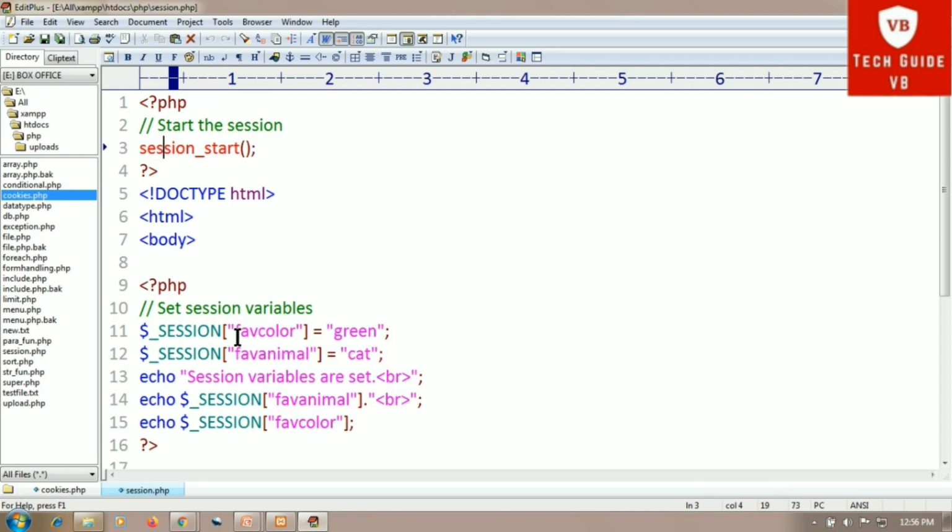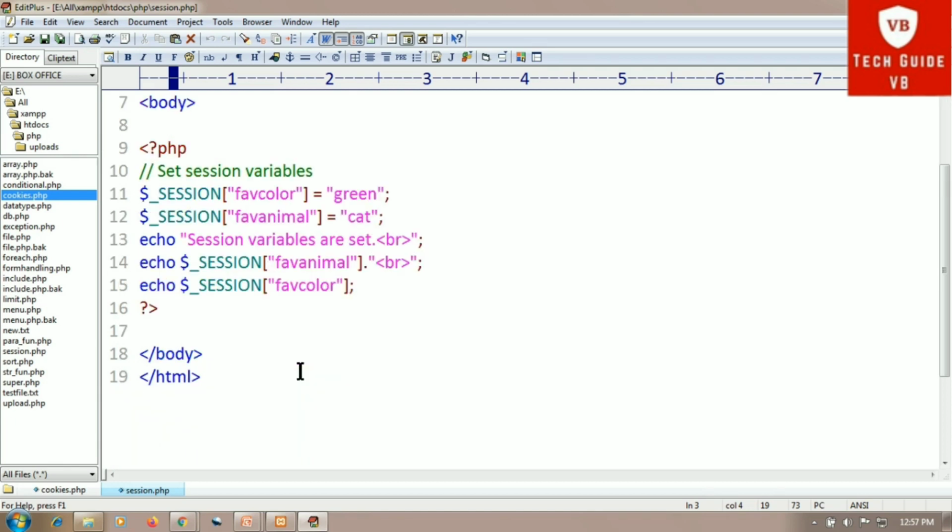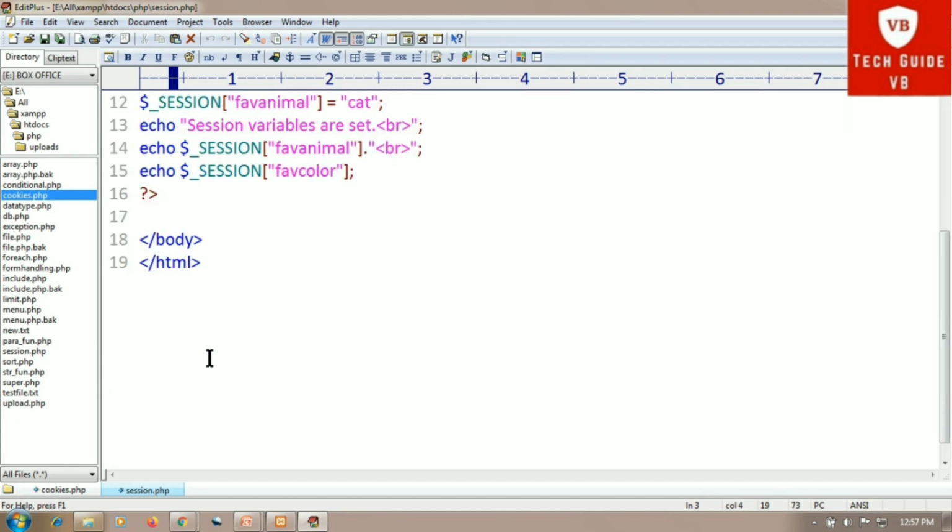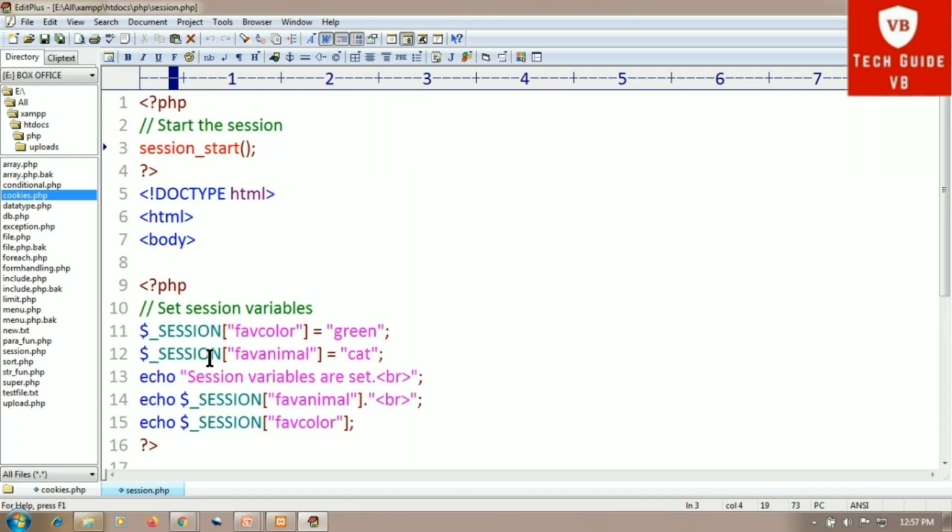In parameters we have taken favorite color as green and favorite animal as cat. Then we are printing that the session variables are set, and the variable values, with echo $_SESSION['favanimal'], then a break, echo $_SESSION['favcolor'], and then we have closed the PHP tag here. After that we have closed the body and HTML tag. So this is the code for starting the session and printing the session variables.